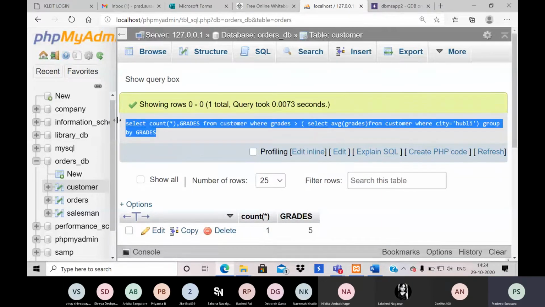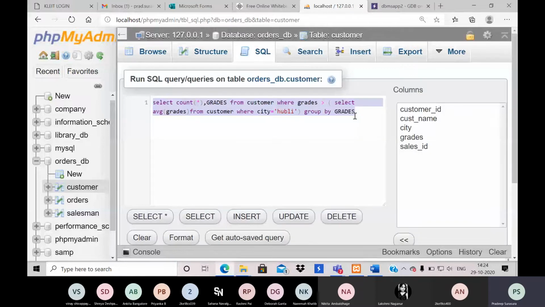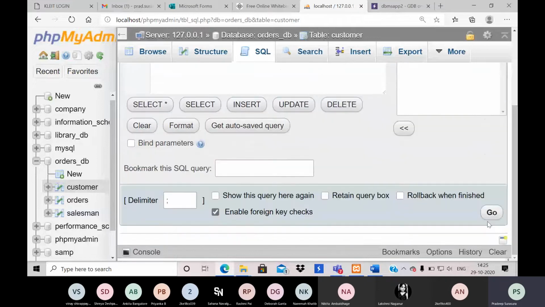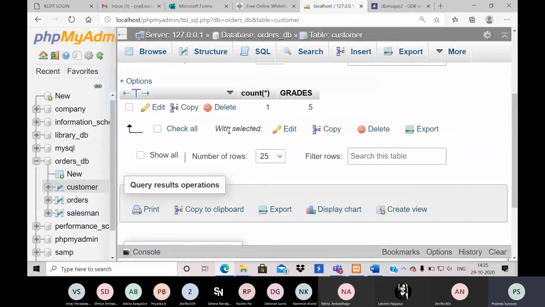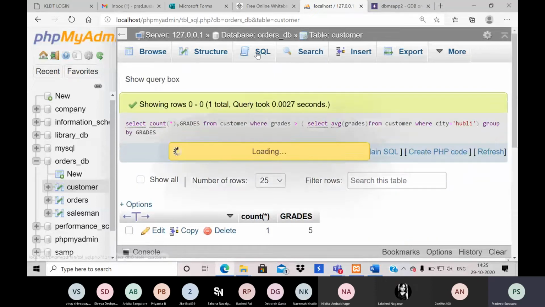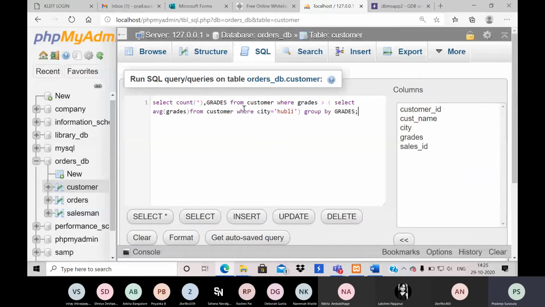So let me come back to the original query and show you. Now please see, this is one place, or let me show you in a different way. Now when I execute this, I am getting this value, but how has it been correct? I am getting count as 1 with grade of 5. So I should be sure how this works. So we will try to identify in different ways.